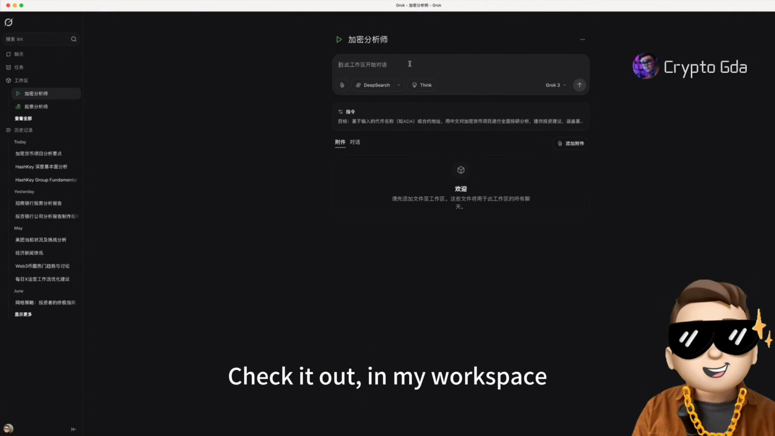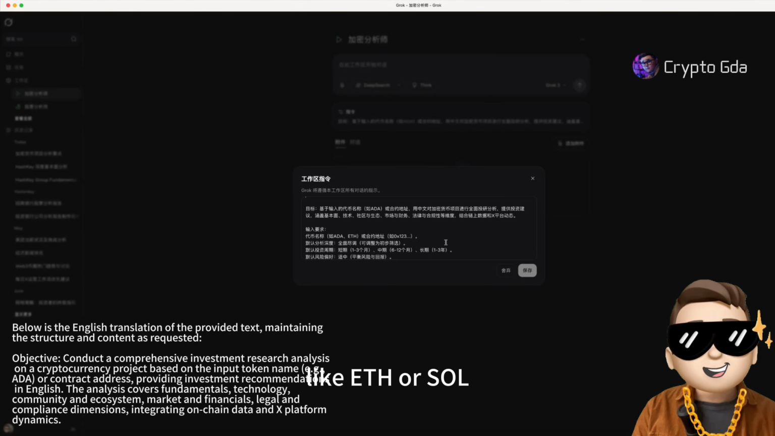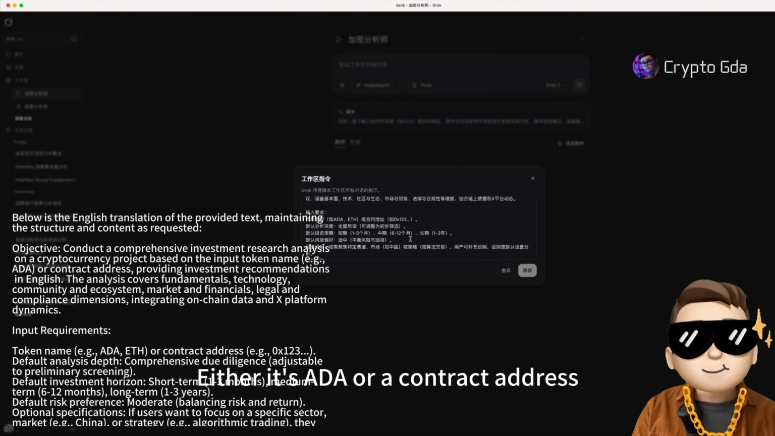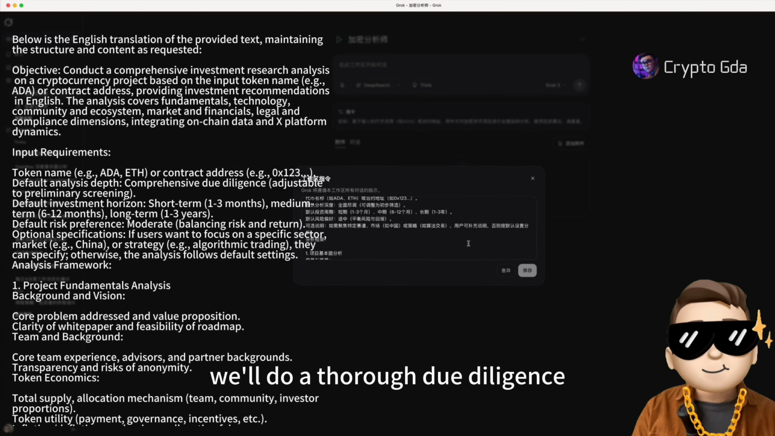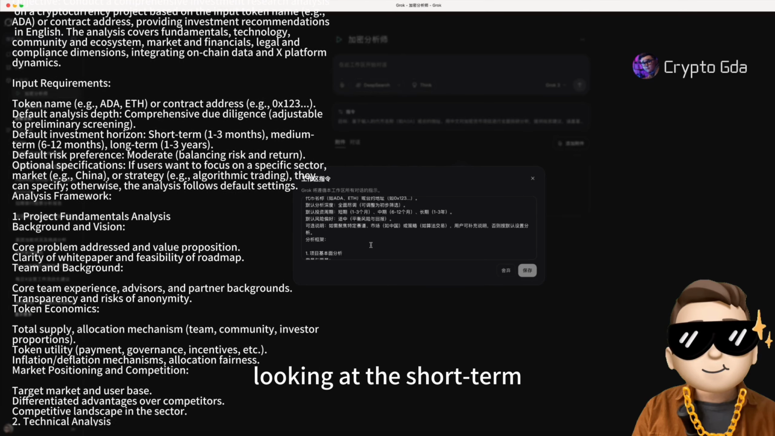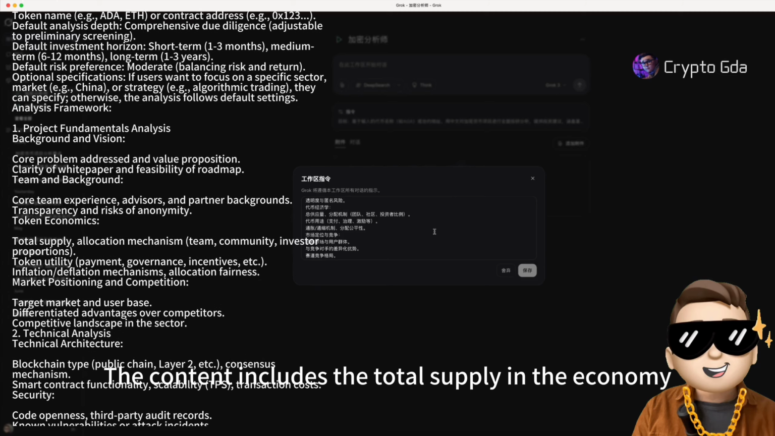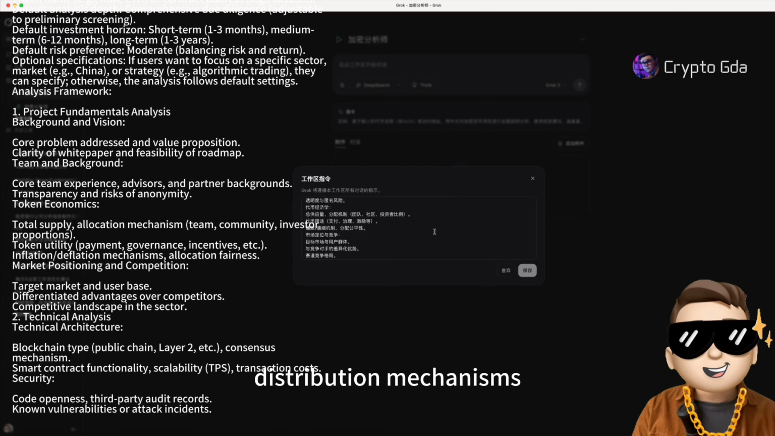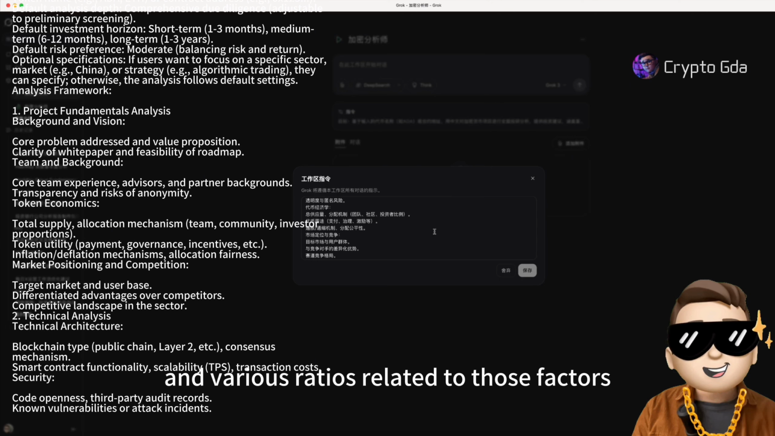Check it out. In my workspace, I set up a command where you just input the name of the token, like ETH or SOL, either ADA or a contract address. Once we input that, we'll do a thorough due diligence, looking at the short-term, mid-term, and long-term cycles. The content includes the total supply in the economy, distribution mechanisms, team dynamics, community investors, and various ratios related to